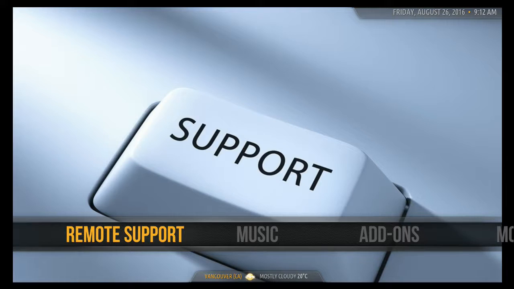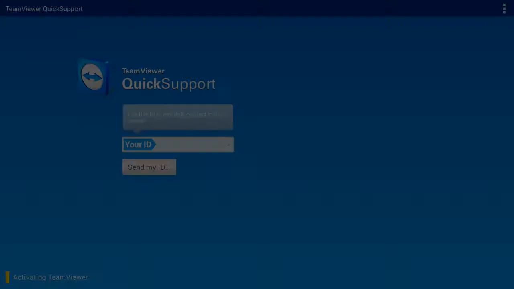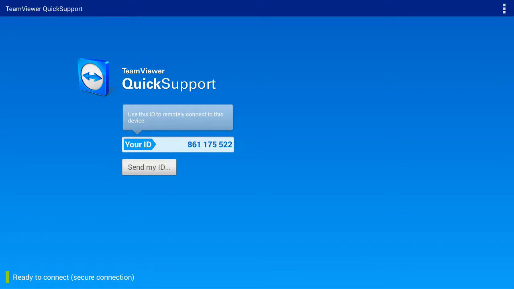Okay, so finally I have the remote support. This is probably the one differentiating feature between our boxes and other boxes you may have, is that we like to be there to help you out and support you. So we have this quick button that launches in to remote support option. And what this does is it allows you to give me that ID that shows up, so 861.175.5222, and I can connect,